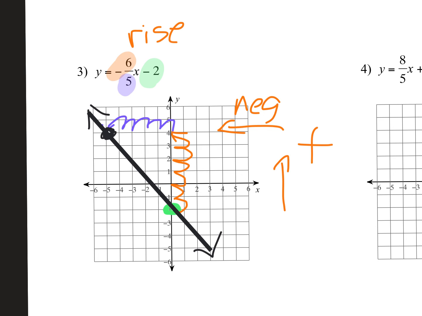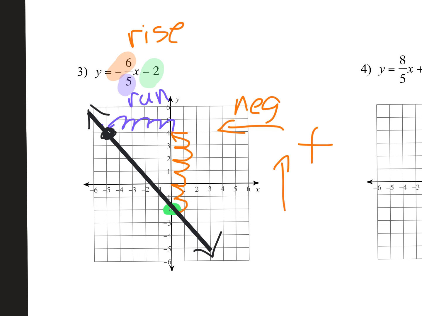So I'd say that the most common mistake that people make when they're first starting off graphing, we do a great job, honestly, with finding the y-intercept. Typically, that's not a hard thing, but I get a lot of people that do their slopes backwards. Like I would get a positive slope instead of a negative slope. So